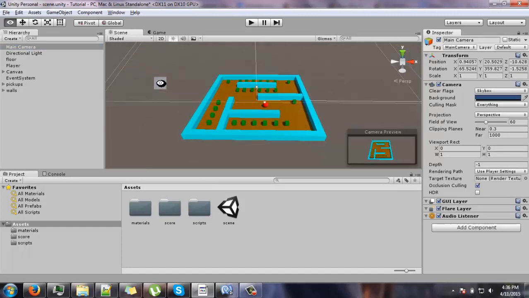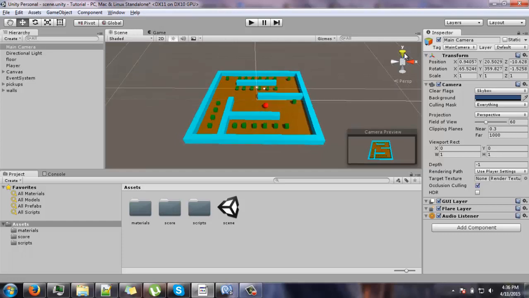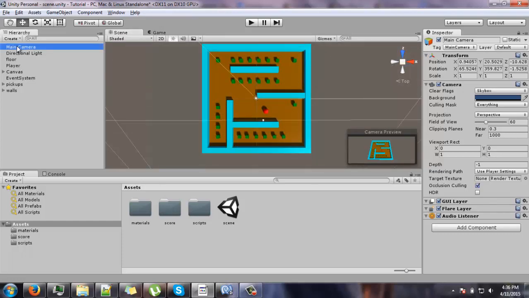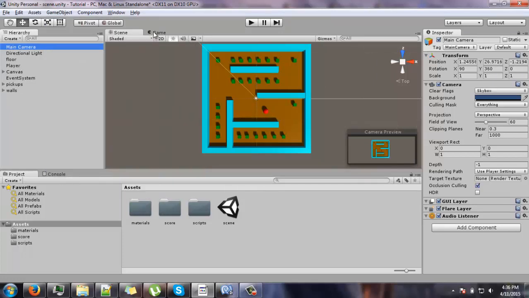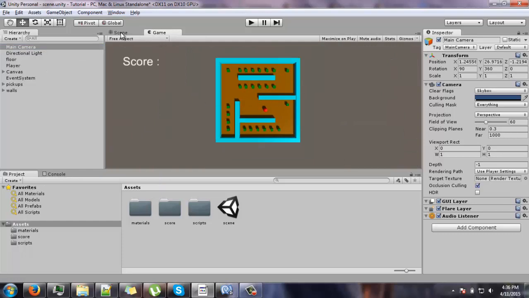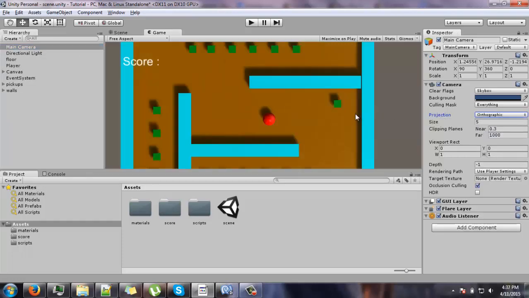So for that, go select the y-axis and your main camera and go to game object and click on align with view, and you see this aligns the camera vertically, and we see everything from the top down view. So selecting the camera, back to inspector, change the projection to orthographic, and you see,